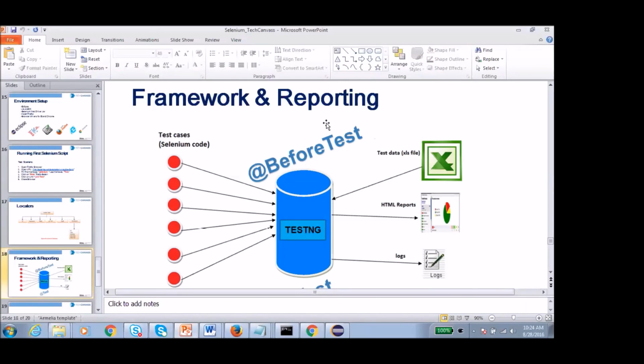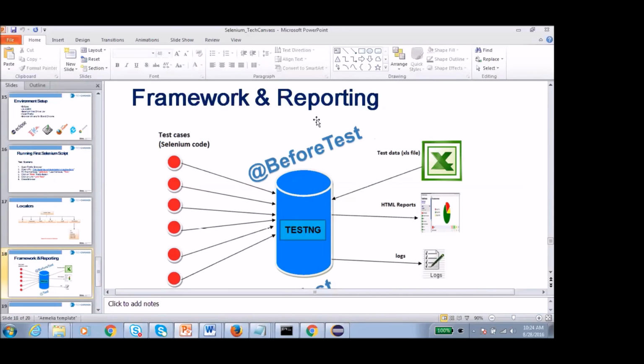One more thing, like this test data. This test data file we are going to keep in our project solution, and from there we are going to parameterize our test. Suppose we want to run a particular test on multiple sets of data, then we can put those sets of data in our Excel file along with the name of the test case, and it will run that test case for that many sets of data. So